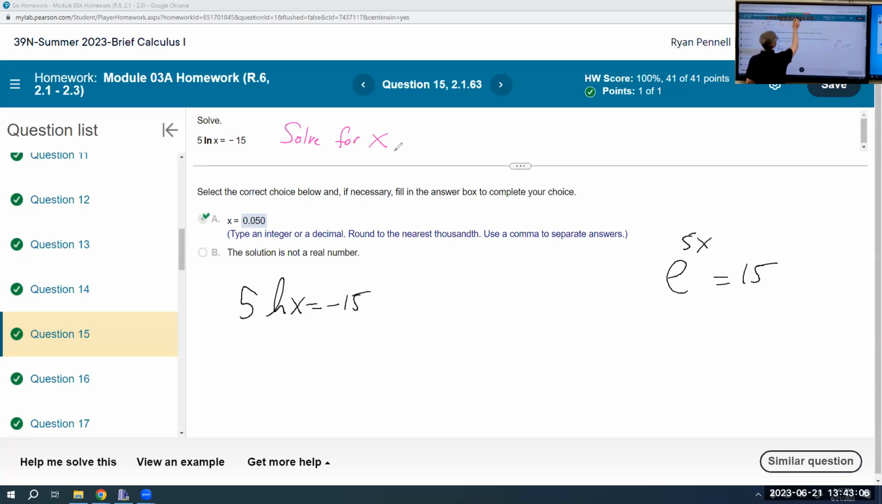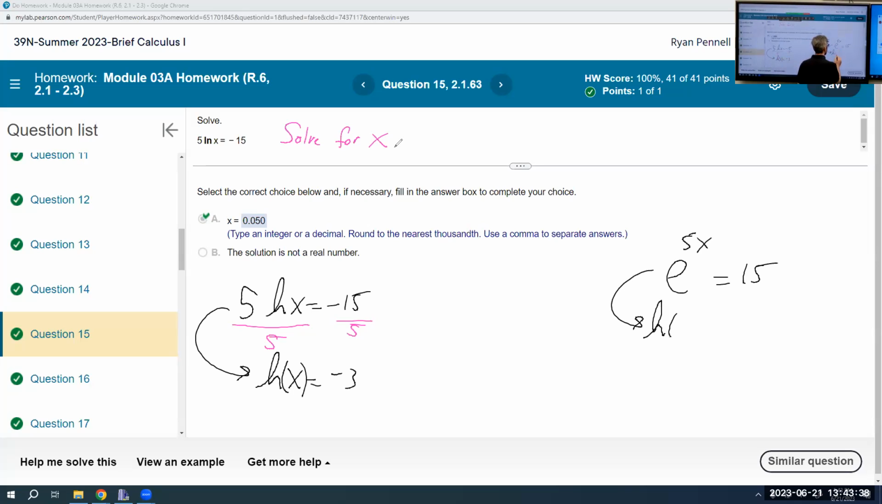Anyway, I think we should isolate it as best as we possibly can. I'll divide both sides by 5. If I do that, I get the natural logarithm x equals negative 3. Somehow I have to solve for x, and x is in the argument of this function. Again, how did we solve this? The way we solved this was we took the natural logarithm